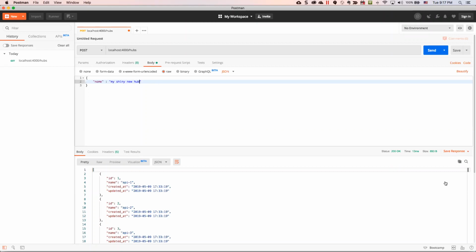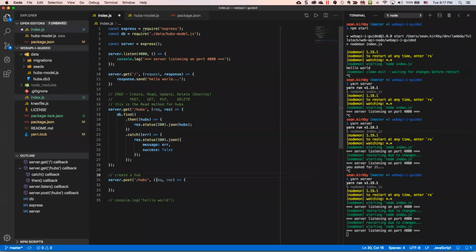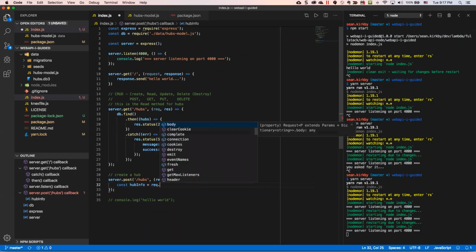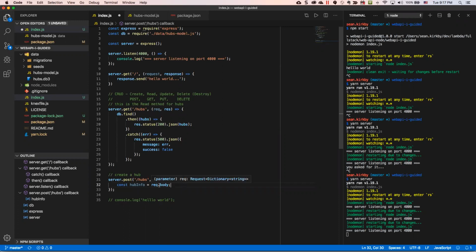So when I come back over to look at my post, when I send that in, that data that I'm sending in is going to be available to me in my request object, okay? So here what I want to do is get the information, and I'm going to pull it off of the request object in a parameter called body. Okay, so Express is going to take care of that for me. When it gets the post request, it's going to take the body of that post request and then save it in this property of the request object,